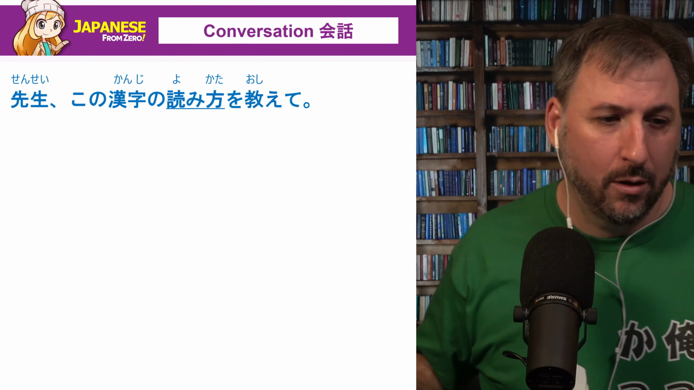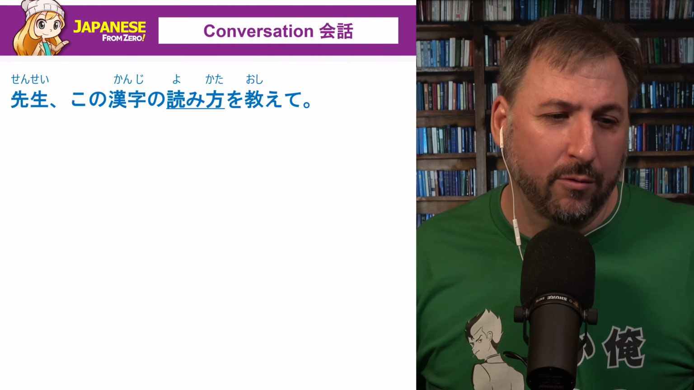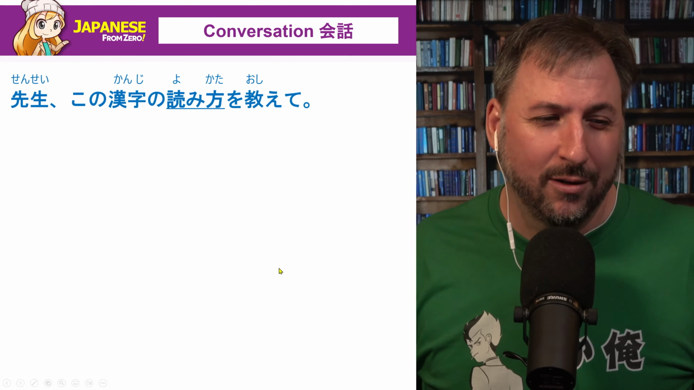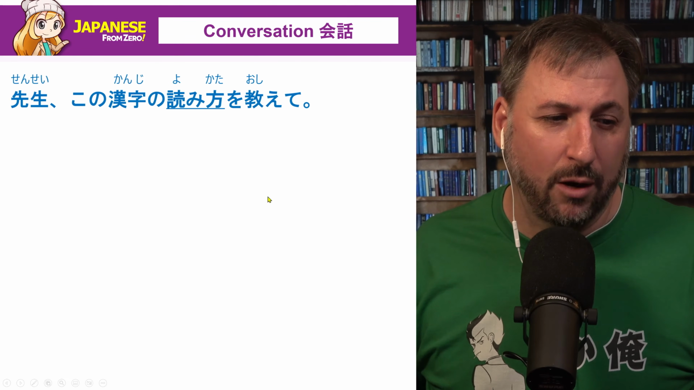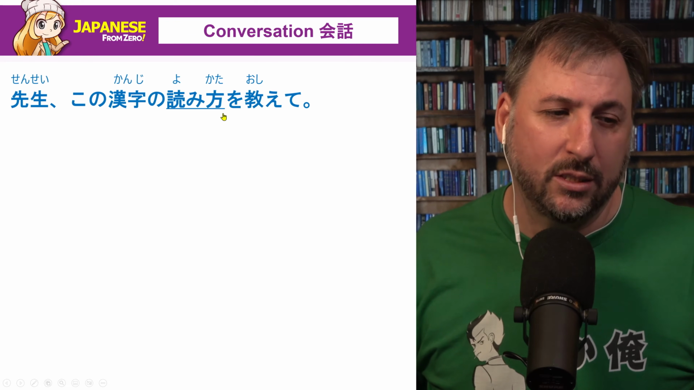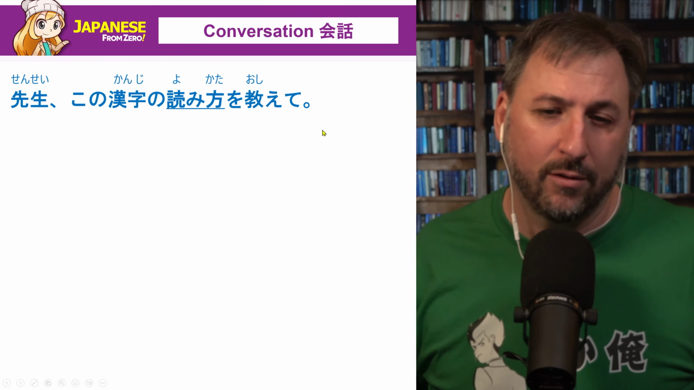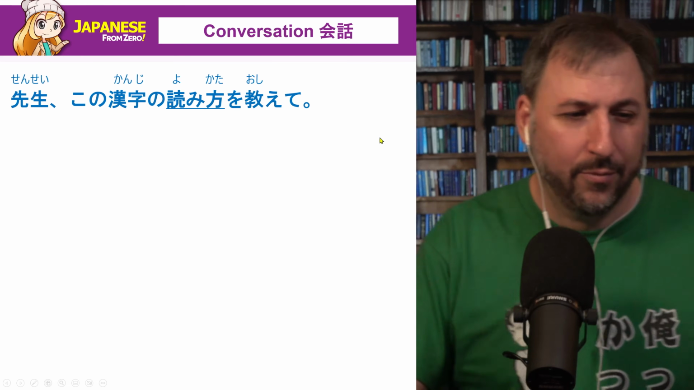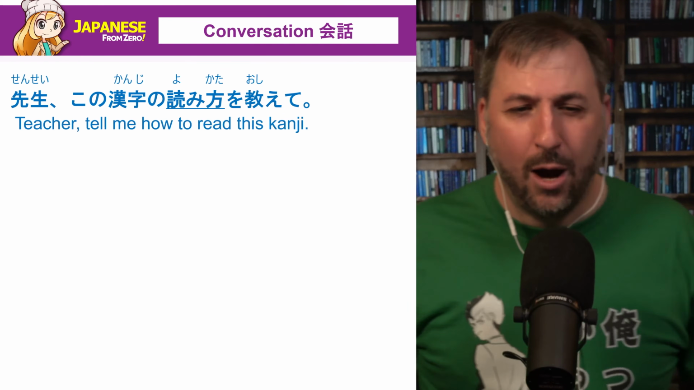All right. Please teach me how to read this kanji, teacher. Says Chewa Jong Chewa. So, sensei, この漢字の読み方. Please teach me how to read this kanji. Very good. 先生、この漢字の読み方を教えて。